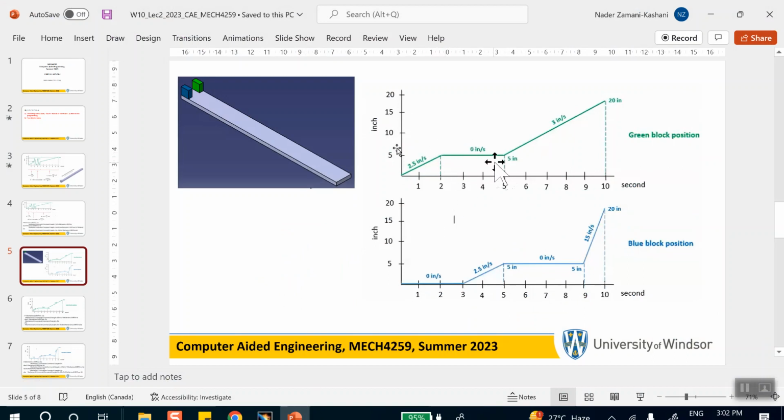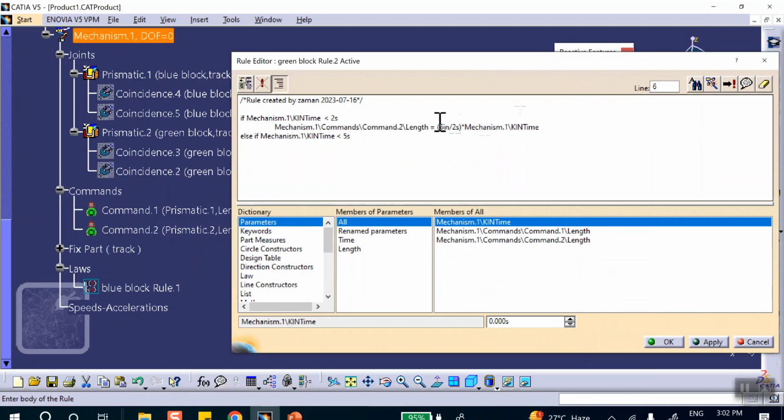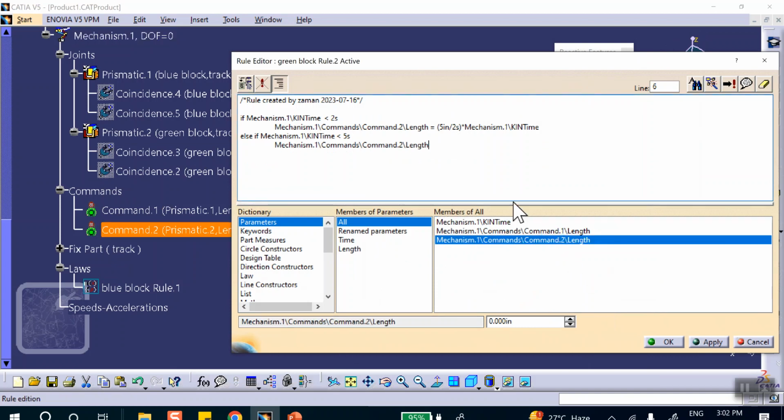The green one is going to stay there actually, right? It's going to stay there, so it's going to be 5 inches. Yeah, so that's going to be 5 inches. This one equal to 5 inches. 5 inches. Else